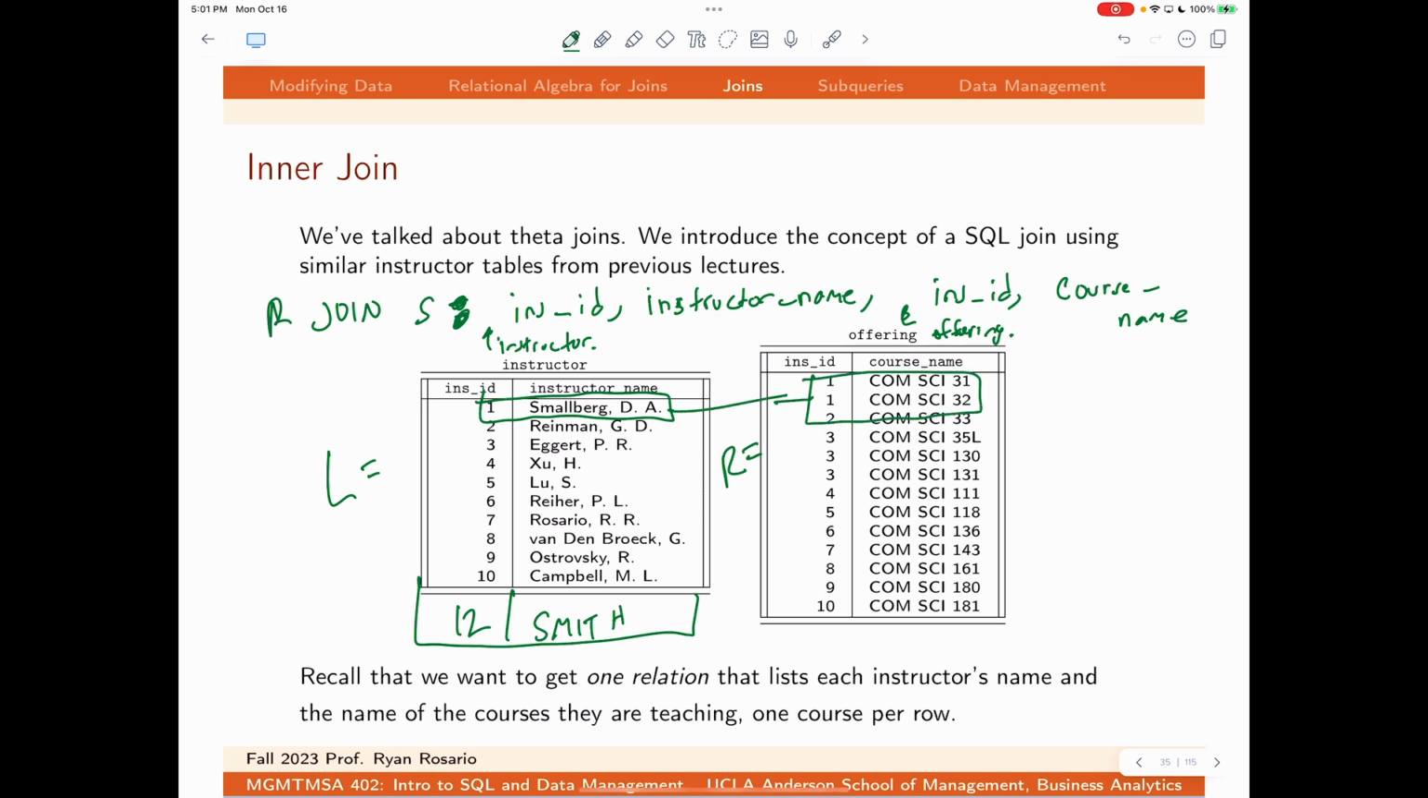We join on equality. So we look at 1 equals 1, ins ID and instructor equals 1. We look on the right-hand side, offering, for another 1. And if we find it, we join those records together. Now here I'm going to get two copies, or 2 rows, for Smallberg, 3 rows for Eggert, and what was funny is the quarter that